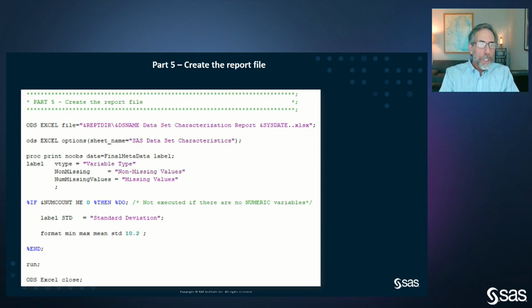And look at this. We're using simple old PROC print. PROC print with no observations, data equals final metadata, and we're specifying label. And then we are also specifying a couple of labels. V-type, we're saying that it should be called variable type, non-missing values, num-missing values equals missing values. Also, if this